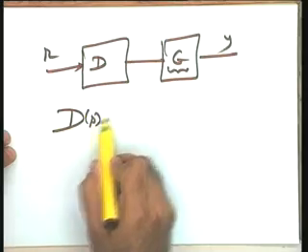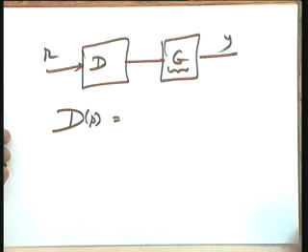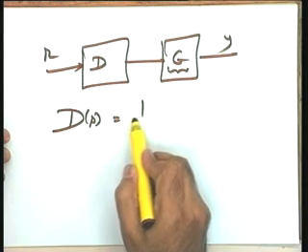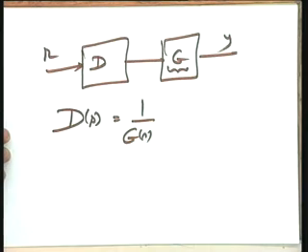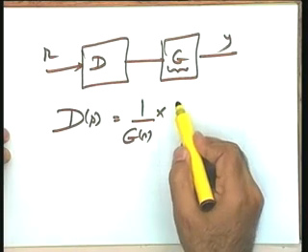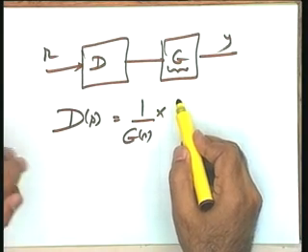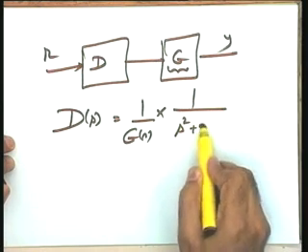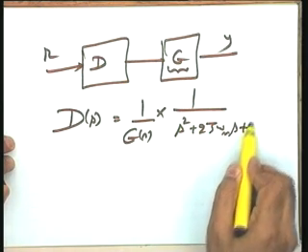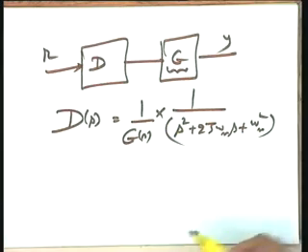You see, the most obvious solution, which dictates as if feedback action is not required at all, is this: first you cancel the poles of G(s), that is, you make 1 over G(s). So poles of G(s) are cancelled out, so they are not going to affect the dynamic mode at all. Then you prescribe the poles which you want. Let us say your prescribed poles are s squared plus 2 zeta omega n s plus omega n squared.